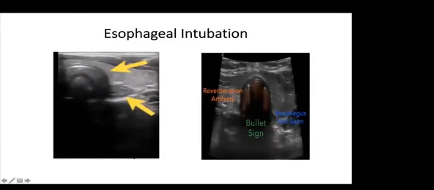Ultrasonic endotracheal tube confirmation can be done in real time as the tube is being placed or done post-placement. For successful endotracheal tube placement, there will be a slight increase or artifact showing in the tracheal region, also known as the bullet sign. The operator should see reverberations in the tracheal interior lumen. To further confirm, we can slightly shake the endotracheal tube. This should only show trachea movements.